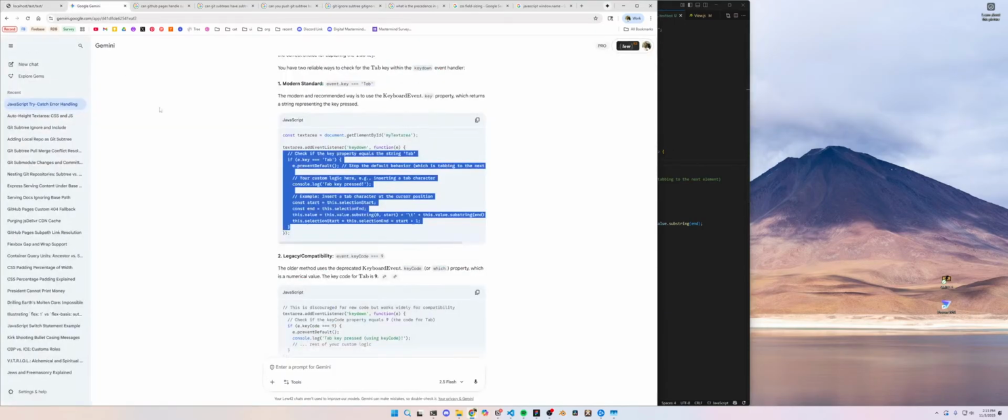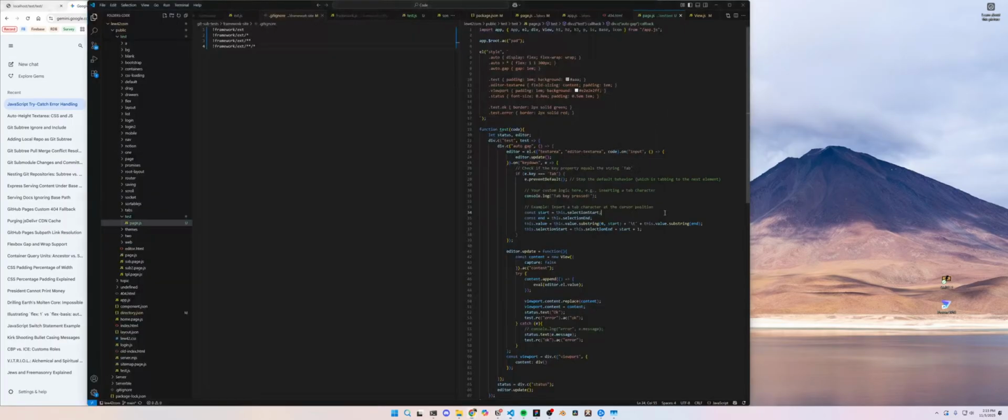This. It's because this needs to be the element itself, I believe. So this would be editor.l, I think. Editor.l. Editor. Oops. Editor.l. Again,